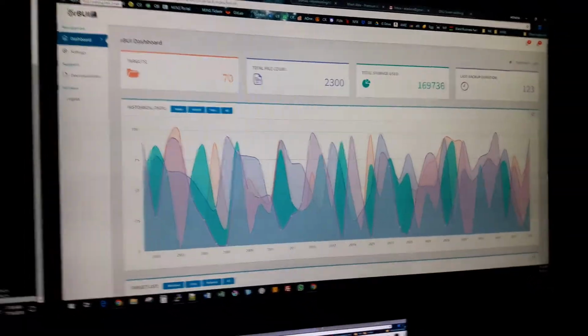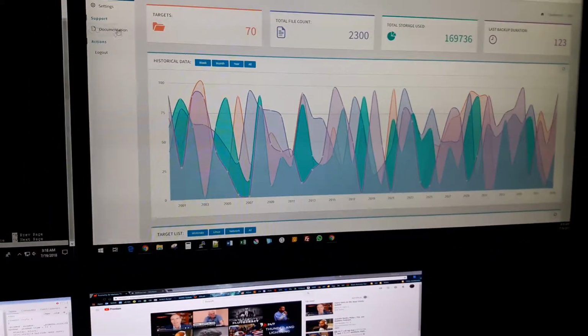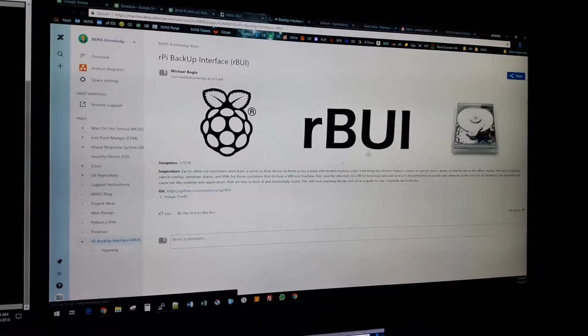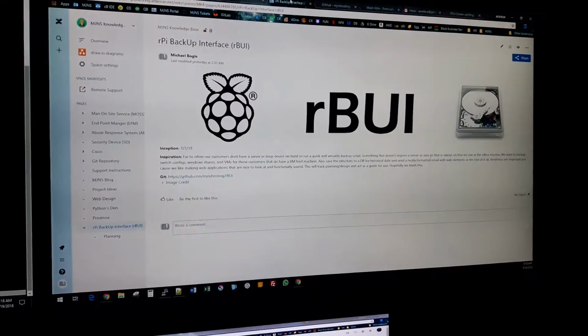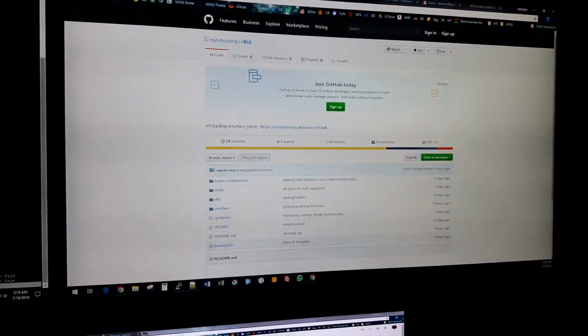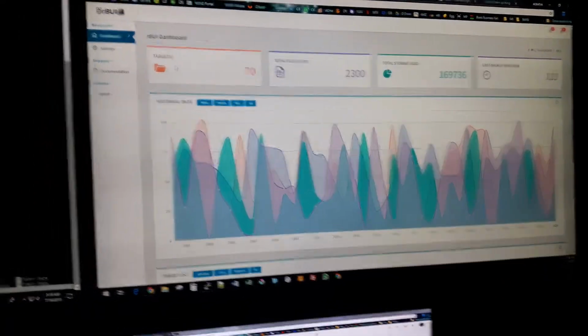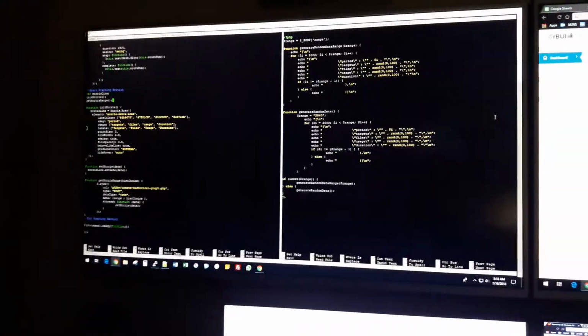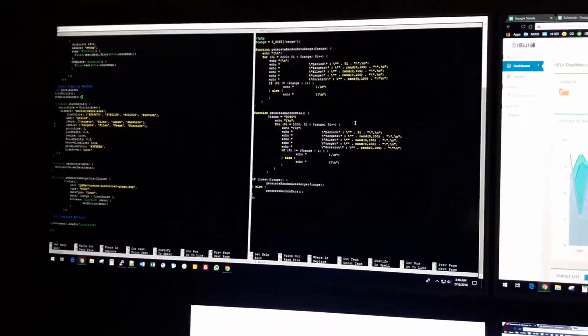So that's really cool. And then of course I work on my documentation page and putting that on, so I can put this on GitHub, so I have all my commits and everything like that here. And this is kind of how the back end looks. So this is the